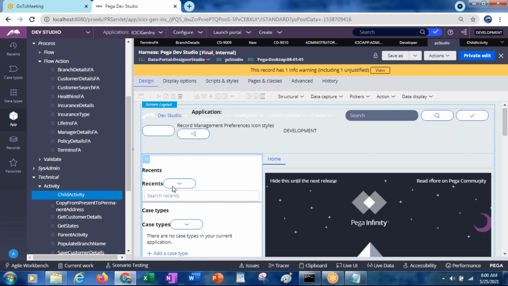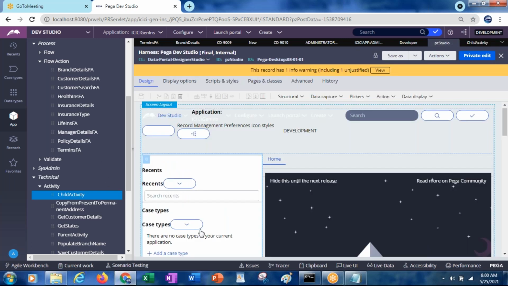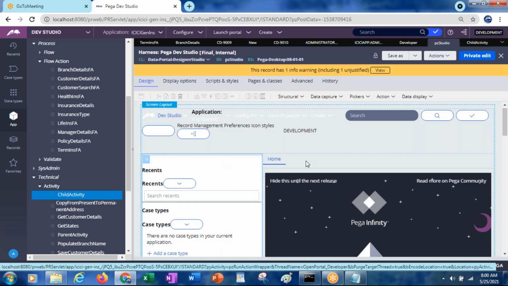So this is one layout, like the left container. This is the header part. This is the right side part. So this layout can be referred. That is the HTML frame. We need to give the frame name and so on, but in general it is not used, because we directly refer from the studio, dragging and dropping the particular section. So if you open the harness in some portal, in which frame you want to display, you can refer over there.